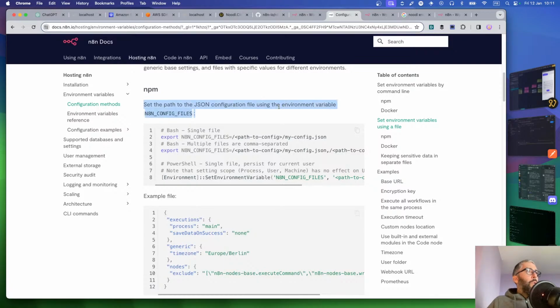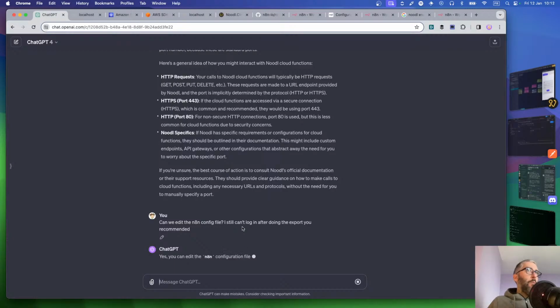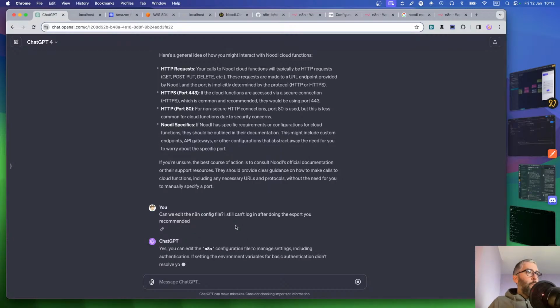You can put in n8n config files. Can we edit the n8n config? I still can't log in after doing the export you recommended. Not like I'm trying to blame ChatGPT for doing something wrong, but